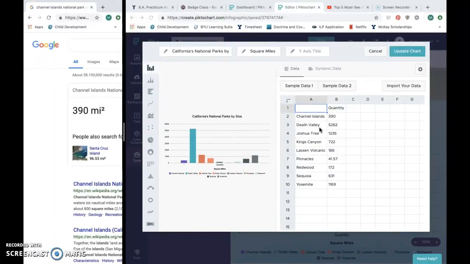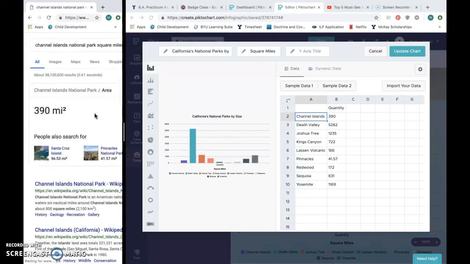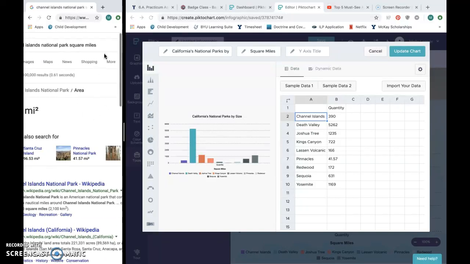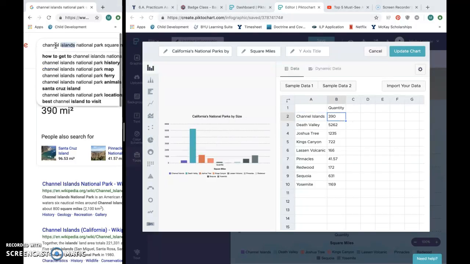So what I did to put the data in the graph, since I accidentally didn't read the directions right and didn't do a screen recording when I did it originally, is I would just type in the name and the national park. So I would look up Channel Islands National Park square miles. Yeah, it says it's 390, so I put in 390, and then I would just switch over to